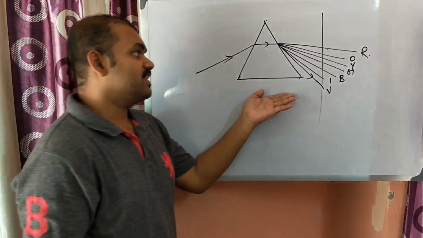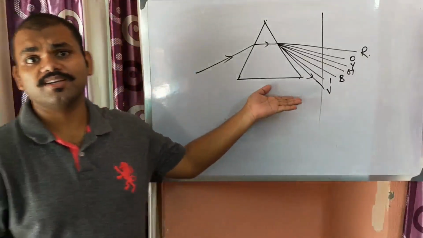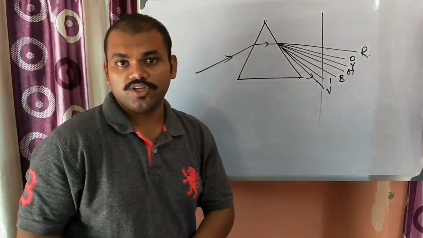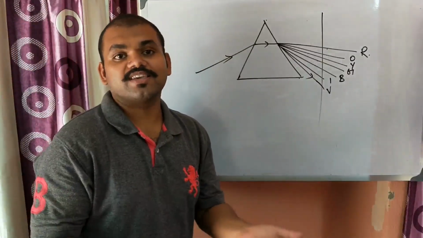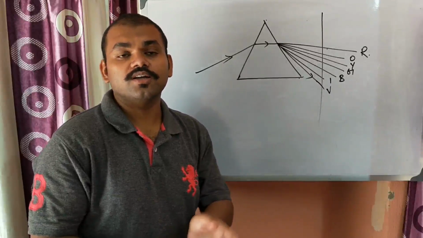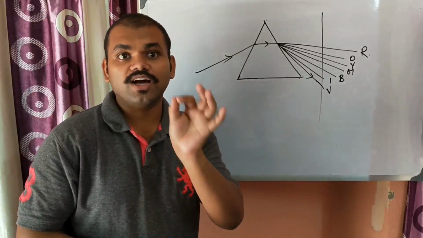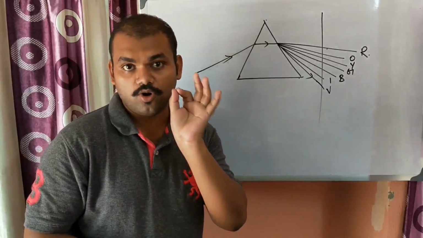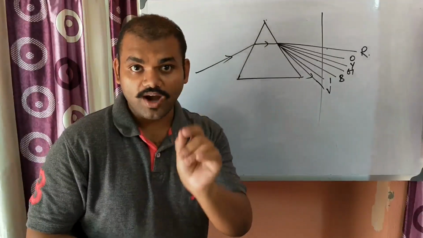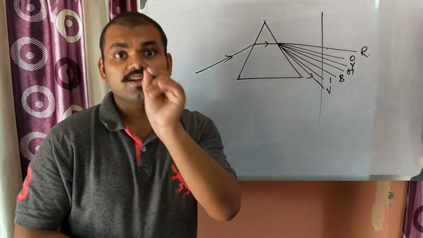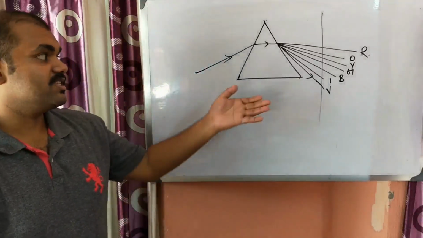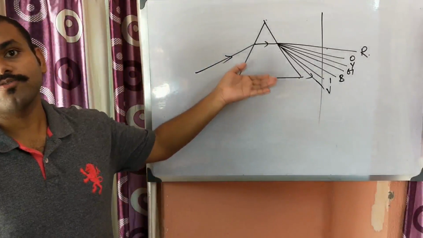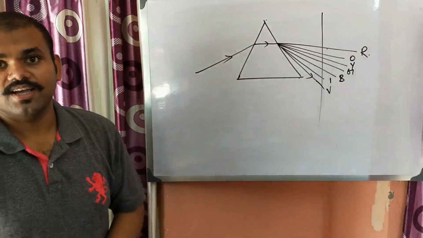And this kind of natural dispersion phenomenon is seen in the case of a rainbow. Have you seen a rainbow? How many colors are there? 7 colors. So these 7 colors are formed due to the dispersion of light through the rain droplets, or the droplets of water, whenever sunlight passes through them. Okay, so the natural phenomenon of dispersion of light is a rainbow.